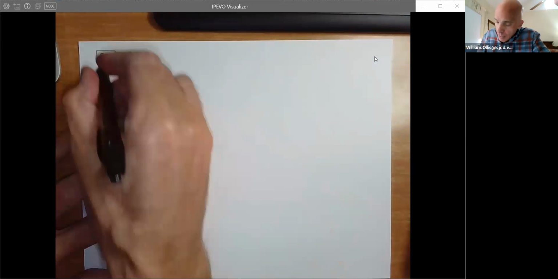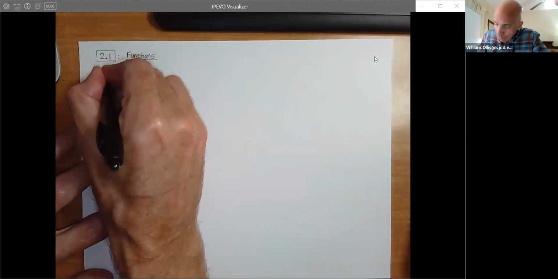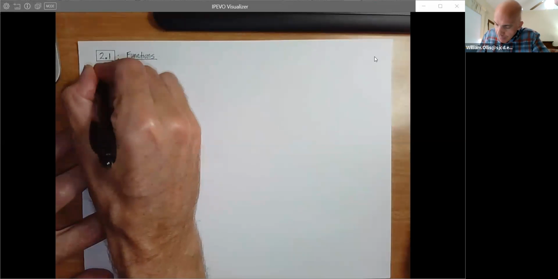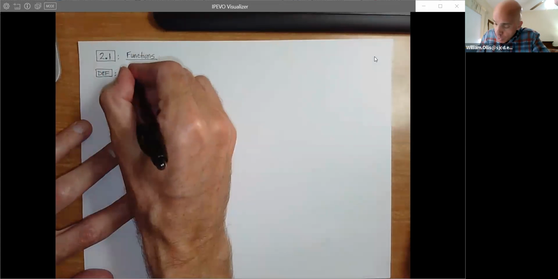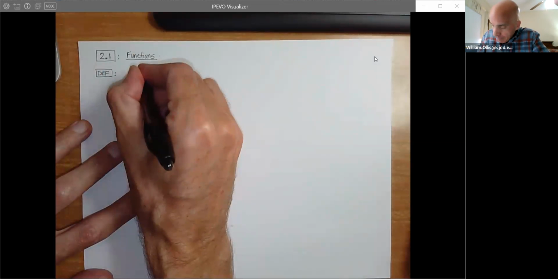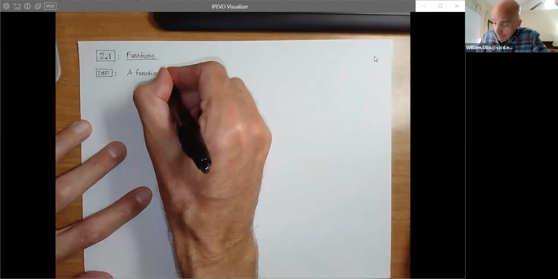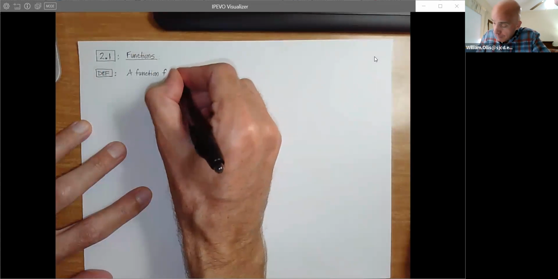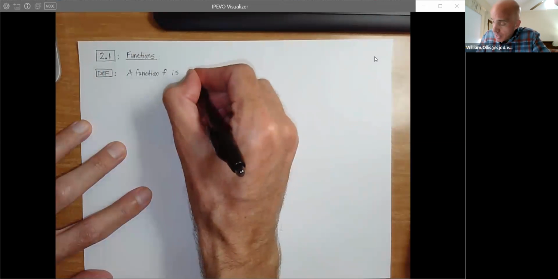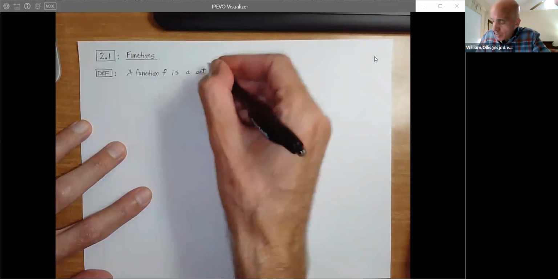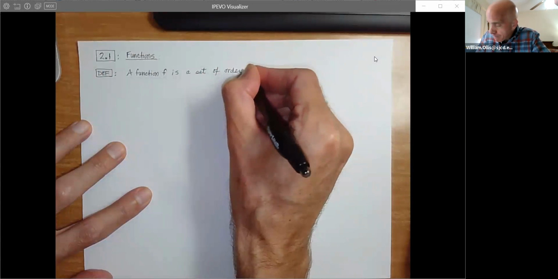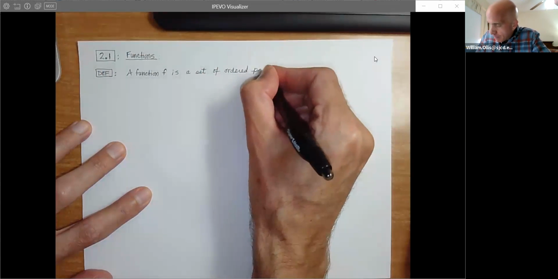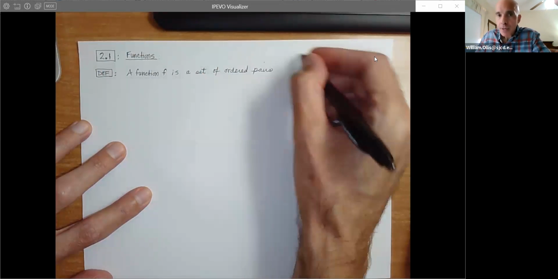So functions. Let's start out with a definition. And this is pretty easy. You already know it, but I want you to be able to state it. So a function f is a set, it's actually a relation, but I'm just going to say a set of ordered pairs such that